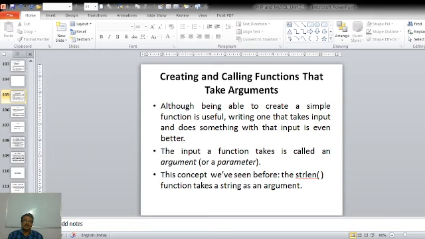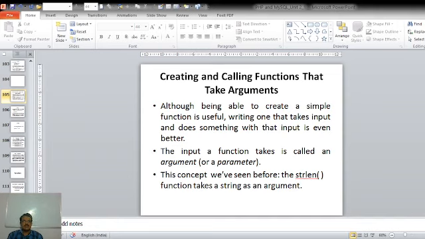Means if we write a function that accepts certain inputs and manipulates those inputs to do something, then it would be much better. The input that the function accepts is called an argument or a parameter. We call it a parameter or argument.